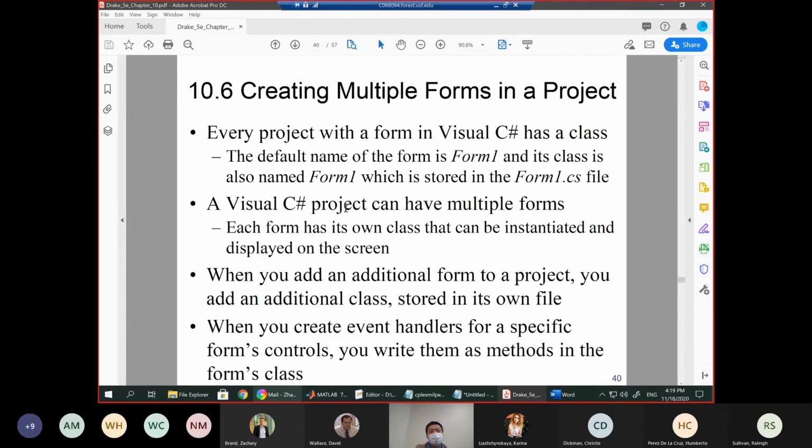So the next topic is creating multiple forms in an object. Every project with a form in Visual C# has a class. The default name of the form is Form1. If you check all the projects, labs, and assignments you have finished, you will see it's Form1, right? So Form1 and its class is also named Form1, which is stored in the Form1.cs file. Okay? We have not worked on any other classes. We are staying in the Form1